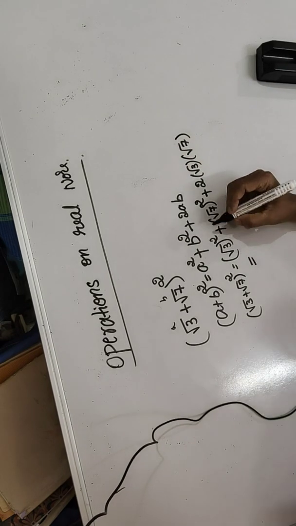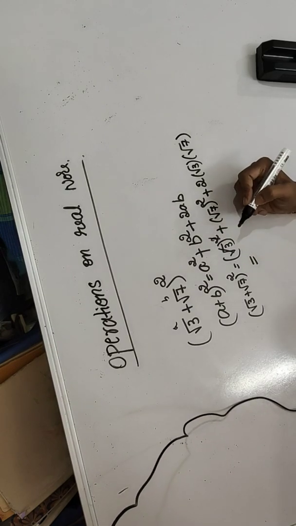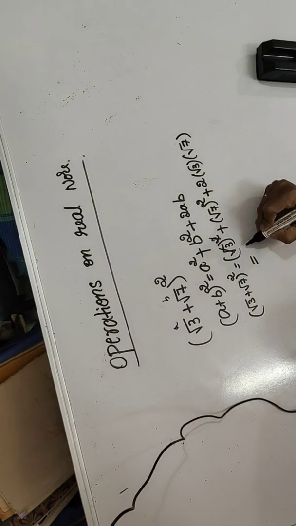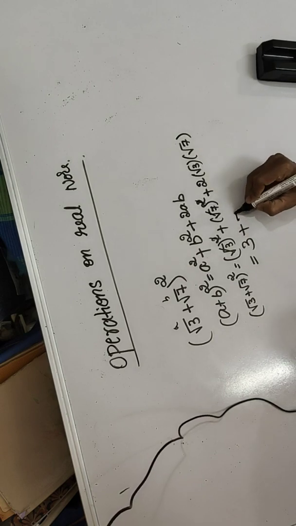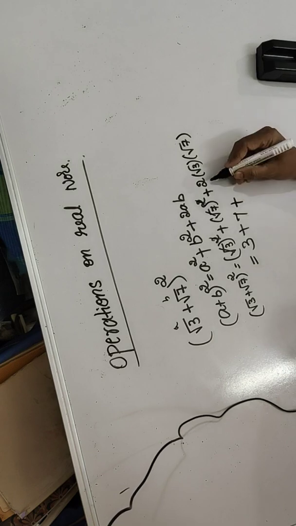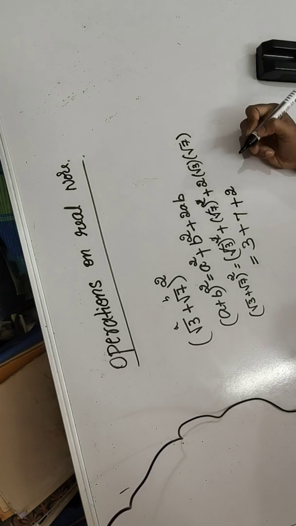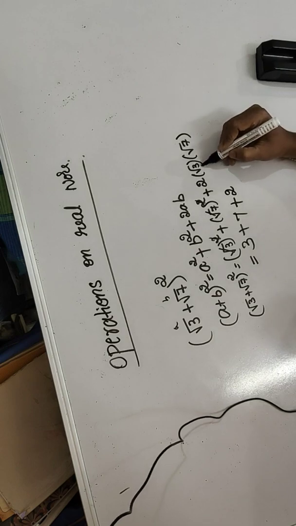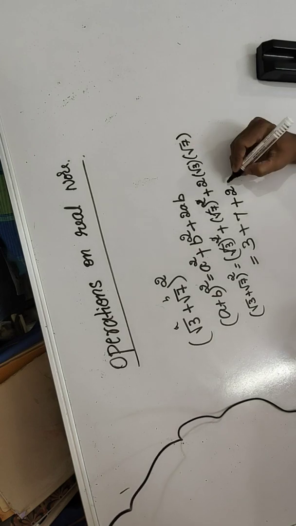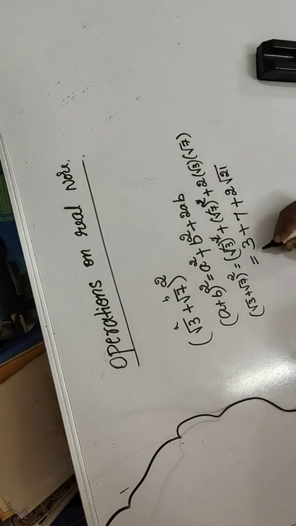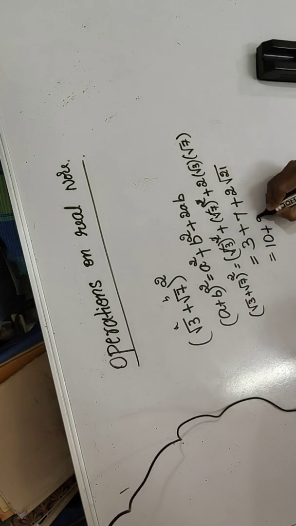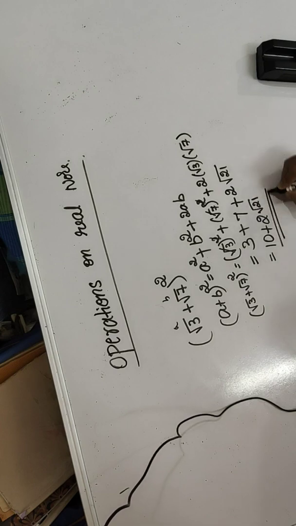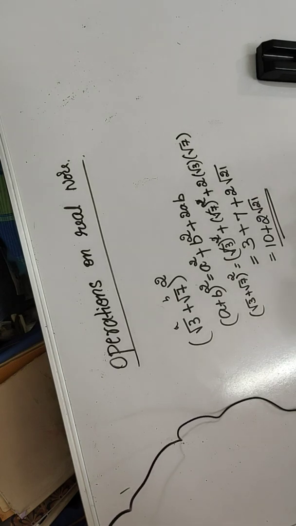Square and square root always cancel. I think you know why it is; if you don't know, you can ask. So square and square root cancel, 3 plus 7, those are whole numbers, so add them. Root 3 is there, root 7 is there, both inside the root, so we can multiply. Now, not finished: these two are whole numbers, so add to get 10. Don't add this 2 because it contains a root number. This is the answer.